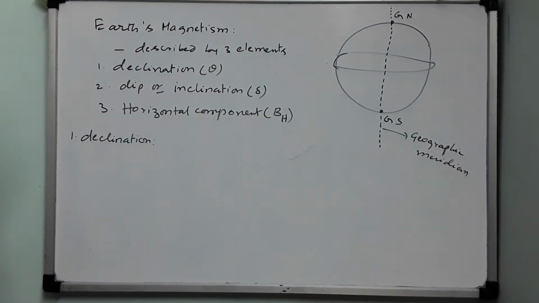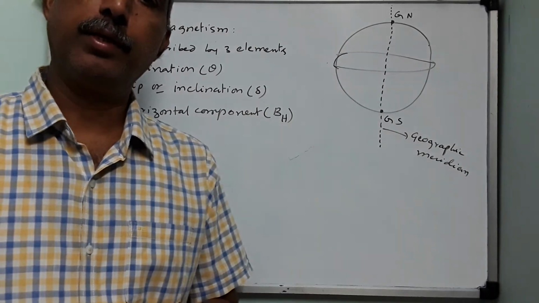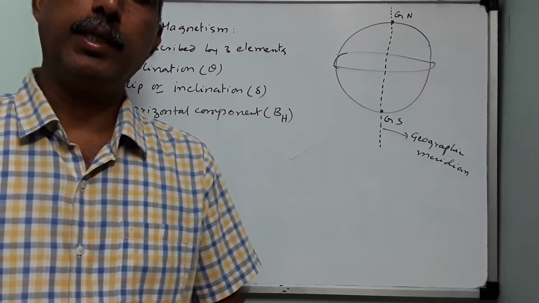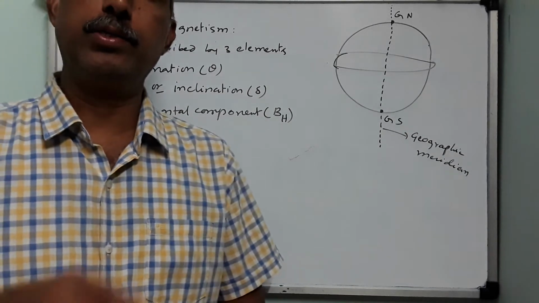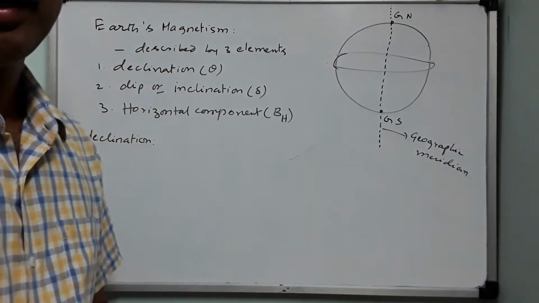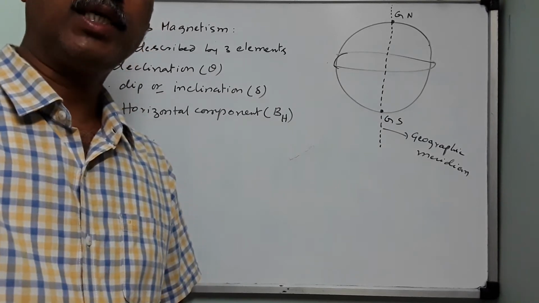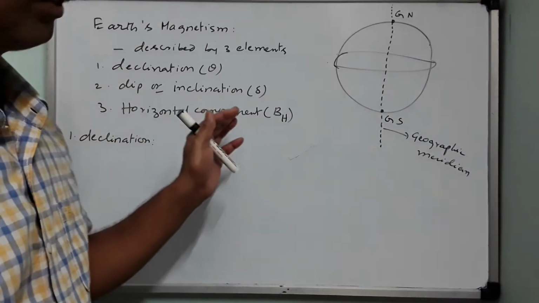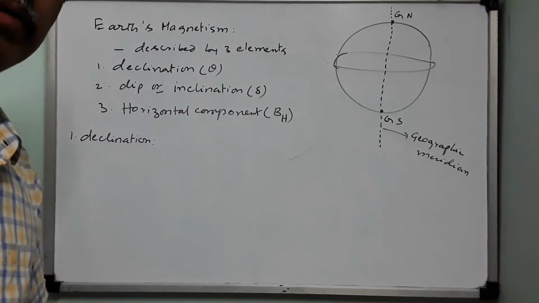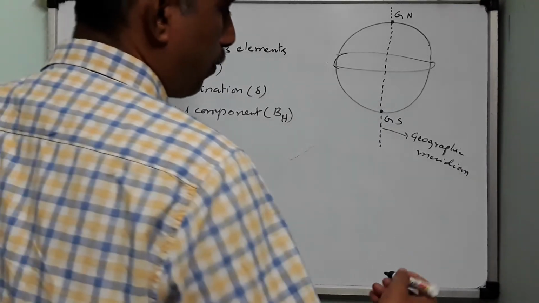Okay. Now these geographic directions have been existing since the evolution of humankind, civilization. The direction in which the sun rises is called what? East. Exactly opposite to that is called west. And when you stand facing the sun, towards your right hand there will be south, and towards left there will be north. So generally in a map you will show like this.